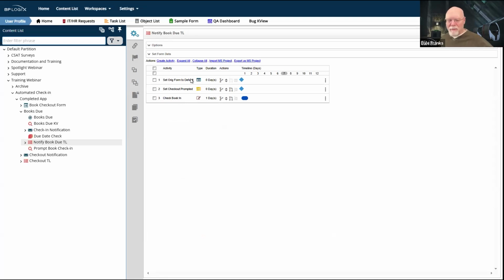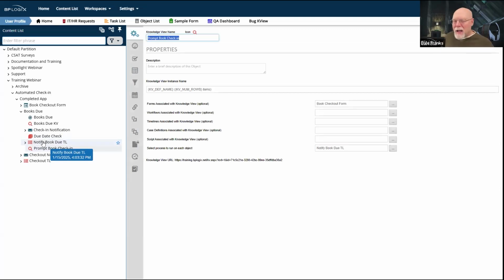And because we have invoked this by itself, and it's just running by itself, there's no form submitter. So there's nothing in the checkout user field. Therefore, that means there is no user for this user activity. So the user activity will just administratively cancel itself as not needed. And we'll just end up with this extra copy of the book checkout form and an extra instance of the notify book timeline that didn't do anything other than create a new blank instance of the form, check a checkbox, and then end itself.